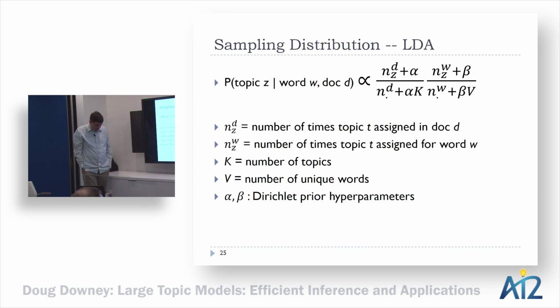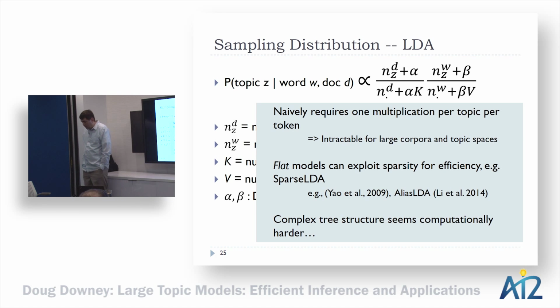All right, so we can achieve hierarchies with this, but what I was promising is that it would scale. So why does it scale? Let's return to the Latent Dirichlet Allocation sampling expression. If we compute this naively, for every token we're going to go through all the possible topics. We're going to have to do one computation of this thing for every topic and every token. And that becomes intractable if we have a large topic space and a large set of text.